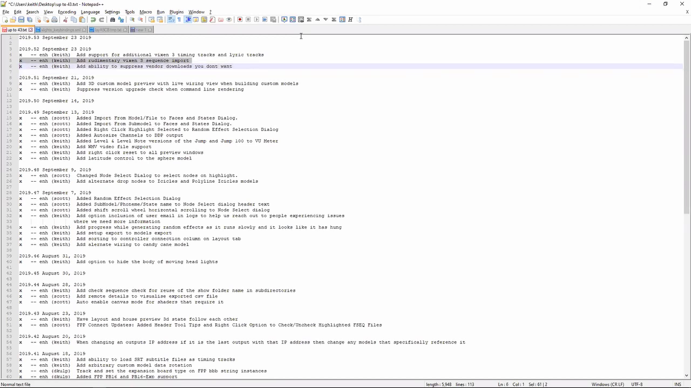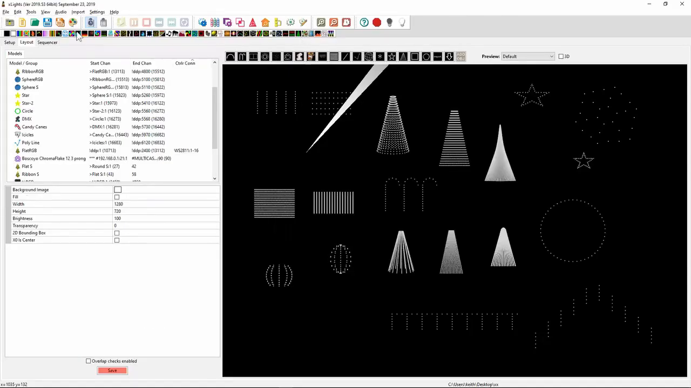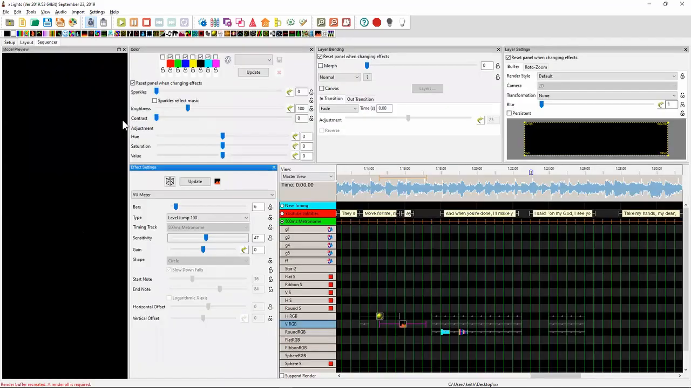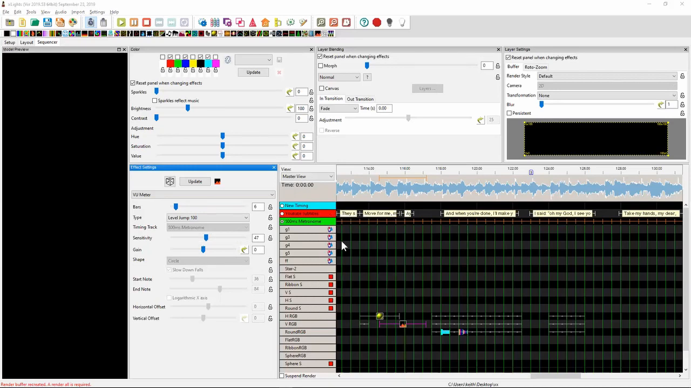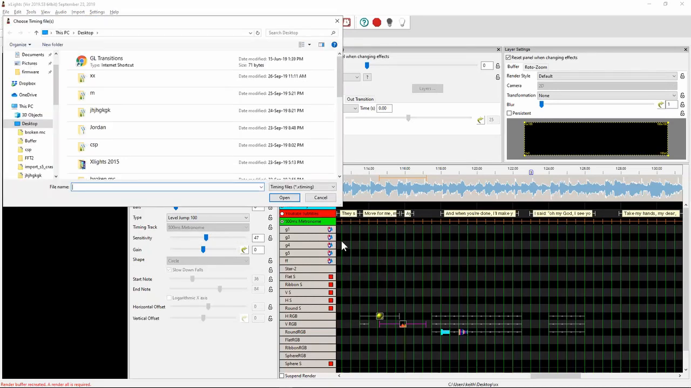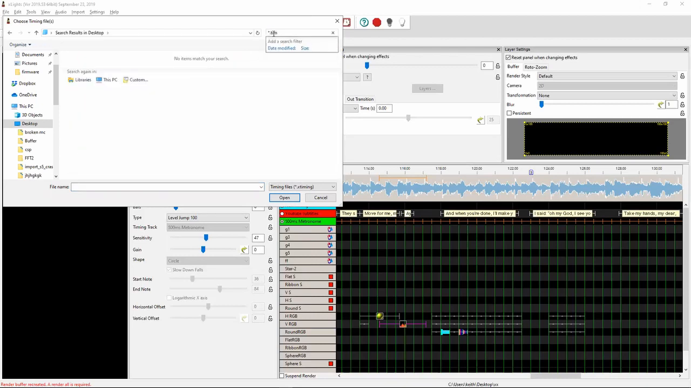Rudimentary Vixen 3 import. So for some time now, we've offered the ability to import timing tracks from Vixen. It was only a subset of the timing tracks in Vixen. So now, however,